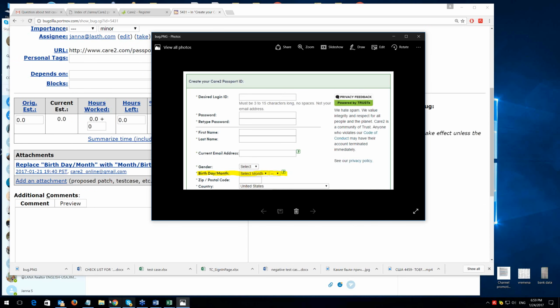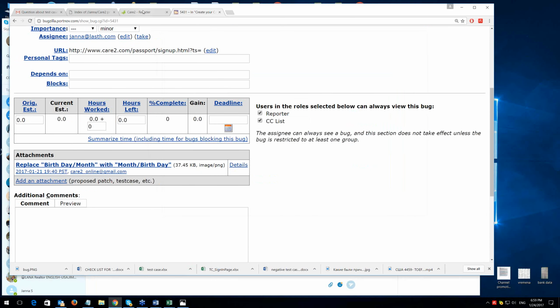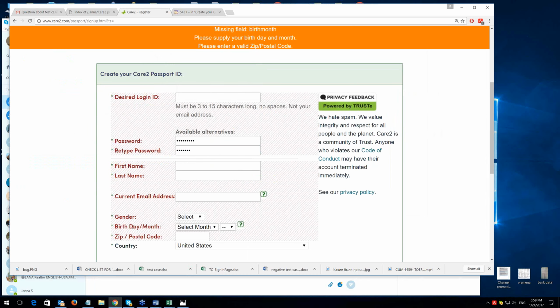Wait a second, why do I have to replace, or was it replaced? So I come to birthday month, select month, let's say, and date. Okay, so I see that you have here first month and then date, but here it says birthday month.